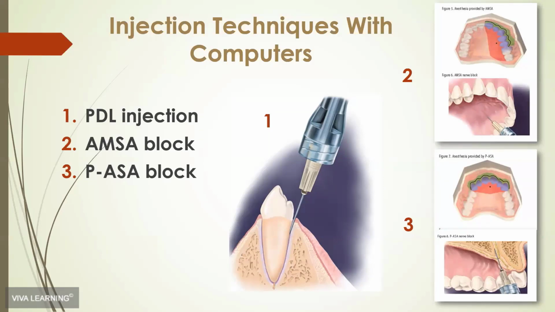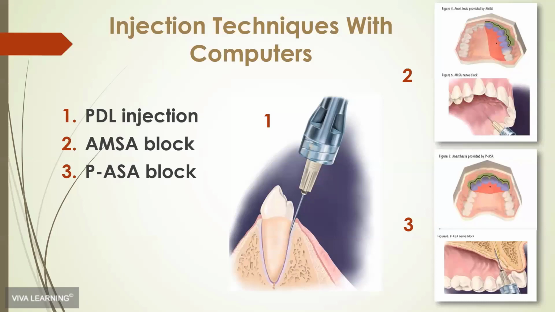There are 2 blocks that are interesting that you can do with a computer or even with a syringe, but this involves putting a full cartridge of local anesthetic into the palate, and you want to do that very slowly, obviously, to avoid tissue necrosis. So the computer, again, does this 3 or 4 minute injection